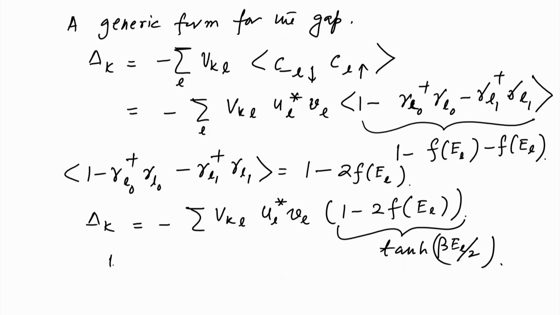So, with VK prime equal to minus V, which is Cooper's assumption, I get this equation as 1 over V equal to